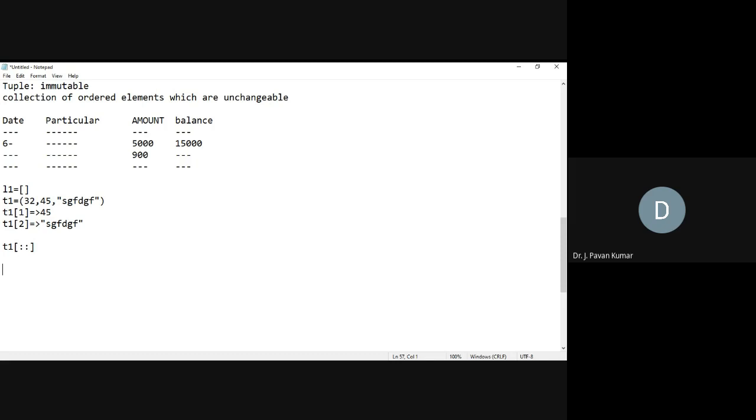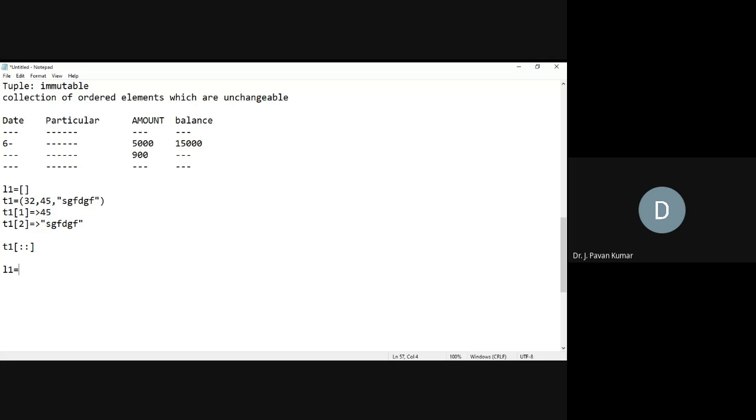Suppose there is a requirement that we have to modify in some way. Directly we cannot modify a tuple, but if we consider the tuple as a list, we can modify it. We already know how to modify a list. So whatever tuple we have, let us consider T1 the tuple. Now, if you assign this to a list, suppose L1 is a list, I want to have whatever elements we have in T1 as a list.